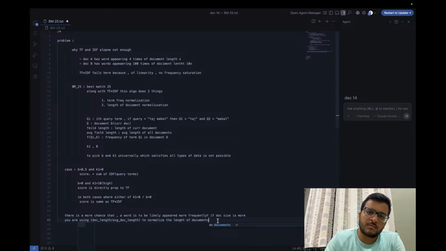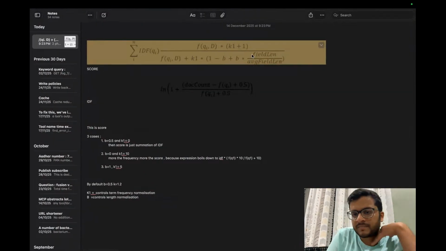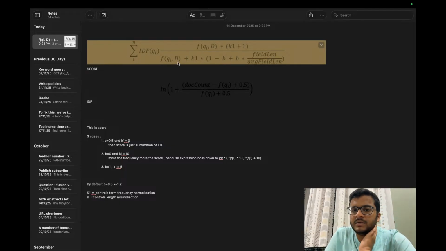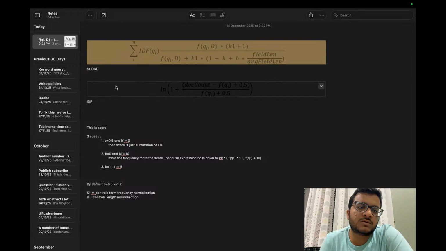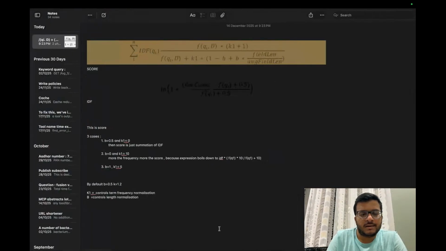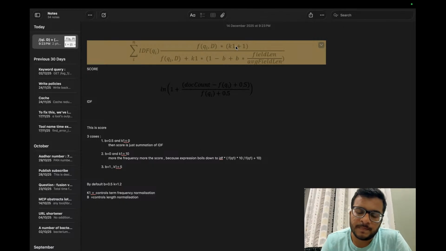If you feel that your longer document is getting the max score, that doesn't happen, because I'm penalizing here for this. If this is a higher value, it is greater than 1, and it increases the overall summation of this denominator. That means it decreases the score, at least for a single query term. So that's why the penalty of length comes in here. And similarly, k1 also does the same. k1 is for term frequency normalization. So it's again the same thing.